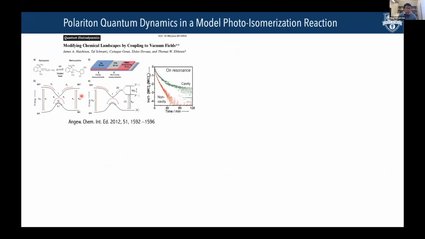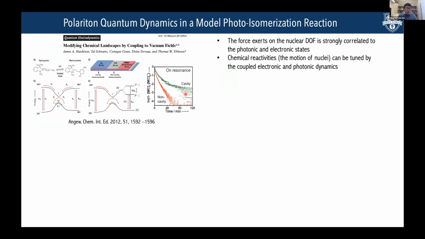What Ebbesen did is couple this photoisomerization reaction within a cavity. And what he found is if he tuned his cavity frequency into resonance with one of the reactants, so he can start to generate these Polariton states, he can significantly slow down the chemical reaction in both rate and yield. And our hypothesis, like I said at the beginning, is that the force exerted on the nuclear degrees of freedom is profoundly changed, right? You're changing the excited state topology. And hence, it's likely that you can change the chemical outcomes just because of the rich dynamical interplay between the